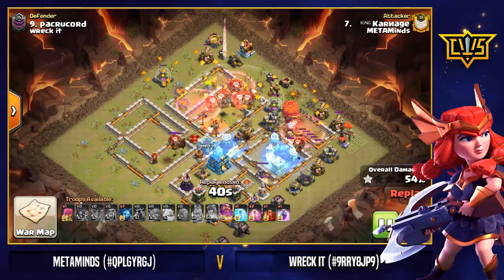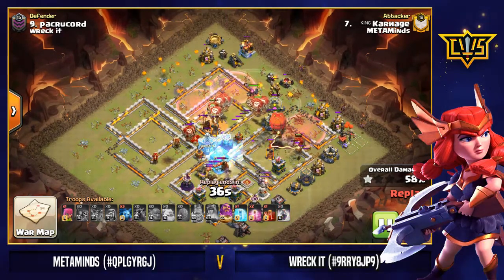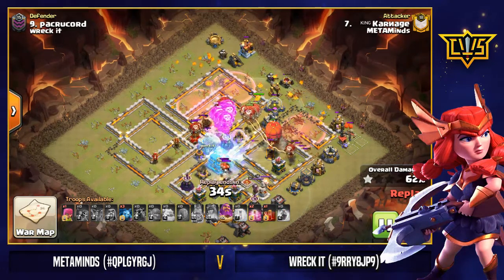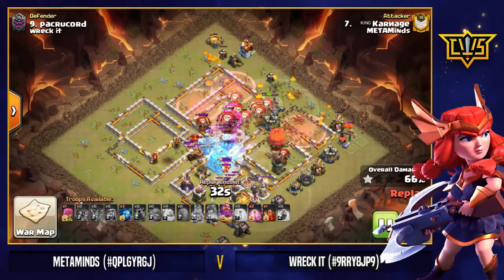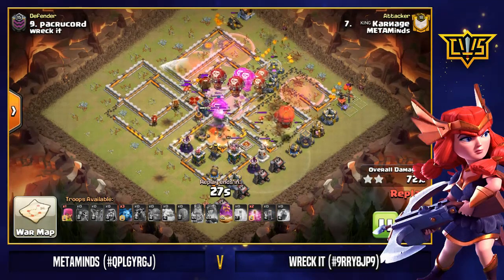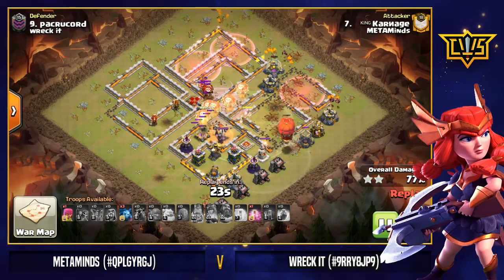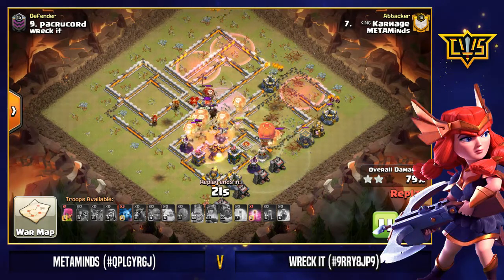A skeleton spell used there on the single target Inferno to draw some of the fire away from these balloons and hopefully save them if we can. Freeze spell used over that wizard tower as well as the town hall just to make sure we get that down. Warden's ability used, but unfortunately not catching that big group of balloons that did take out the town hall,